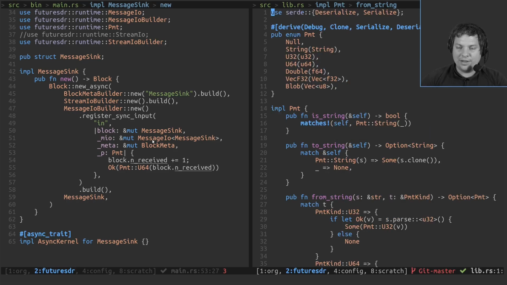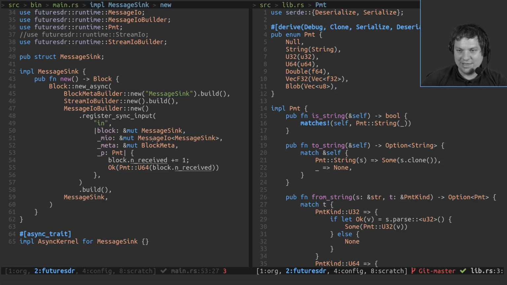With GNU Radio, you might know that you can serialize and deserialize PMTs. Actually, there's a nice crate in Rust called serde that everybody uses and loves, and you can just derive Serialize and Deserialize. Then you have maybe 20 formats, JSON, MessagePack, FlatBuffers, everything you can imagine.